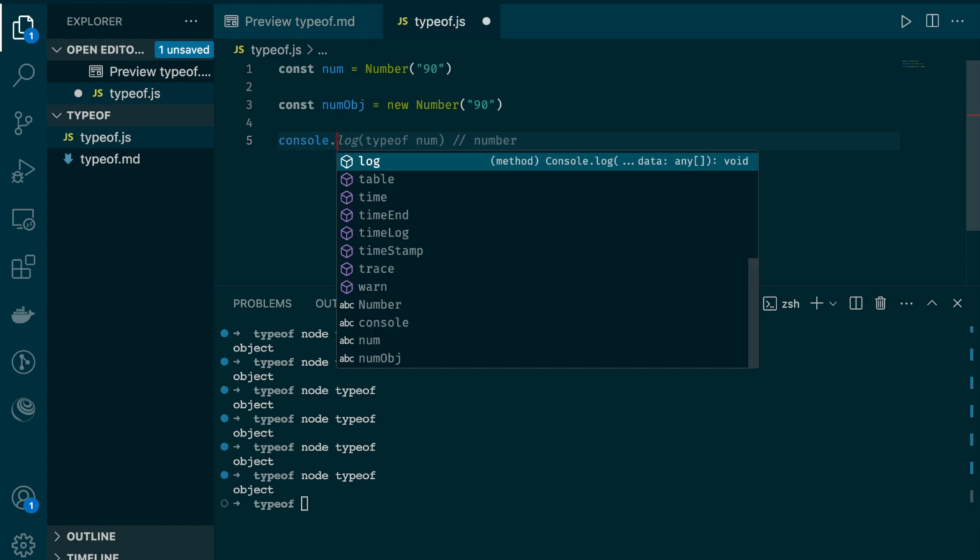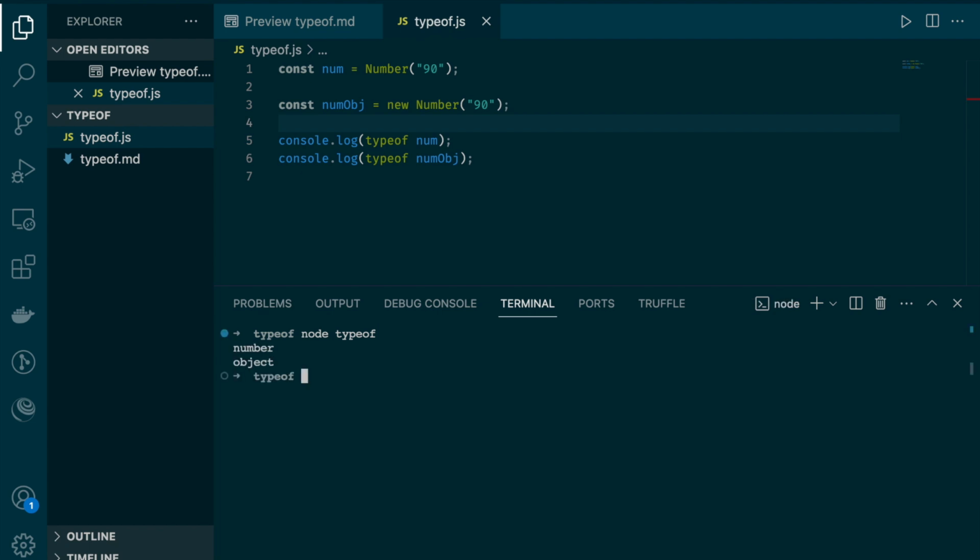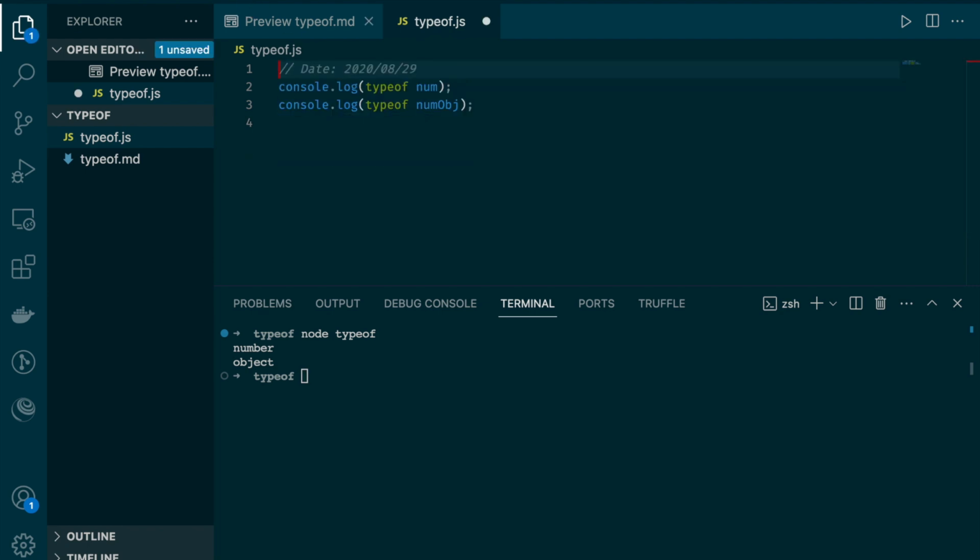Let's see it. So typeof num will be a number, whereas typeof num will be an object. You see. So let's be very careful and be very aware and understand what we are doing, even also using the other primitive constructors, like for example,